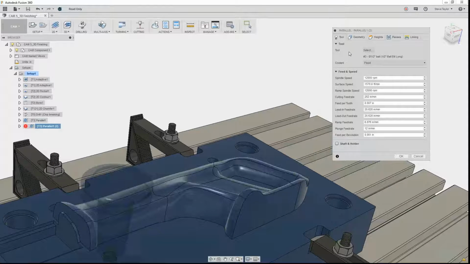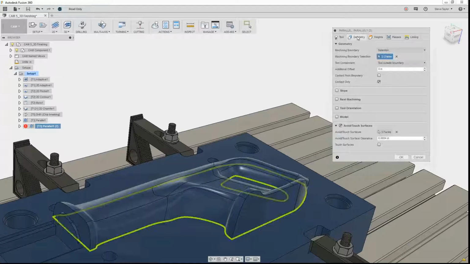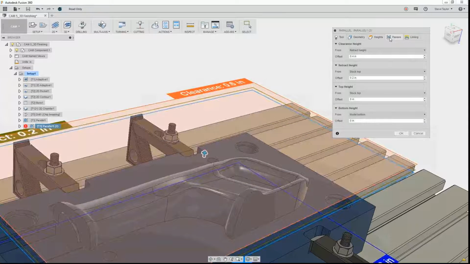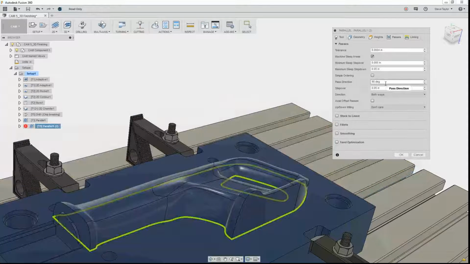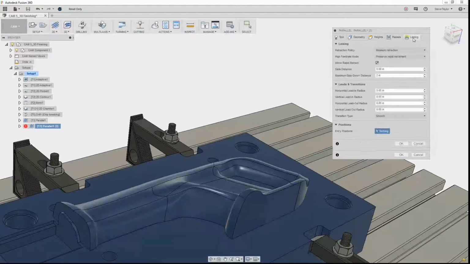I want to keep everything the same: the same tool, the same geometry, same heights. The passes though, rather than being at 90 degrees, I'm actually going to put that at 45 degrees. I'm just going to change the angle. I'm going to keep the linking the same. If I do OK,